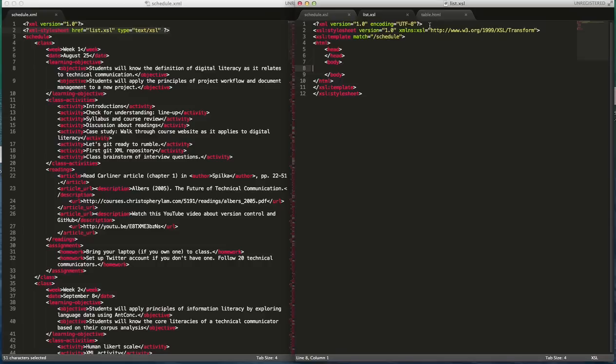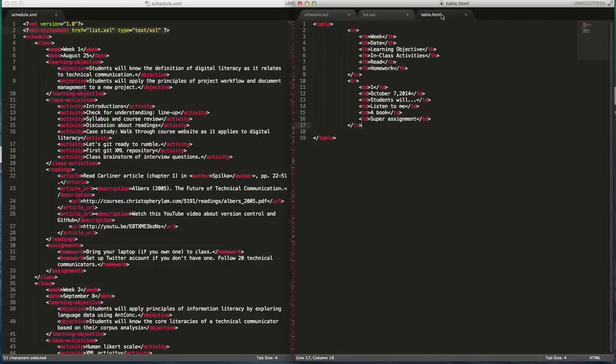What I want to do first is show you what you would have to do in HTML in order to accomplish what we're doing in XSL. In HTML, I've created a table, a file called table.html, just for this tutorial. If we were to create a web page with the class schedule, the week, the date, the learning objective, the in-class activity, the reading, and the homework,